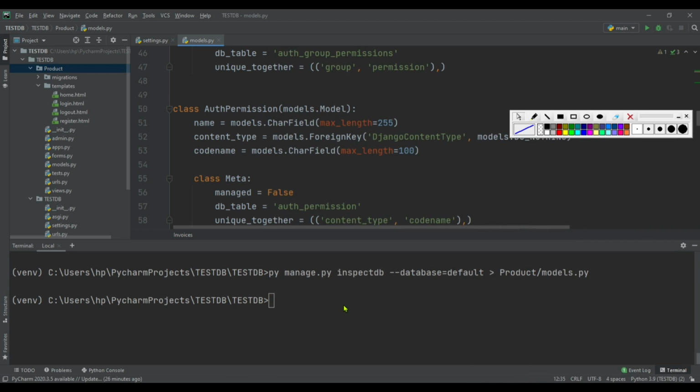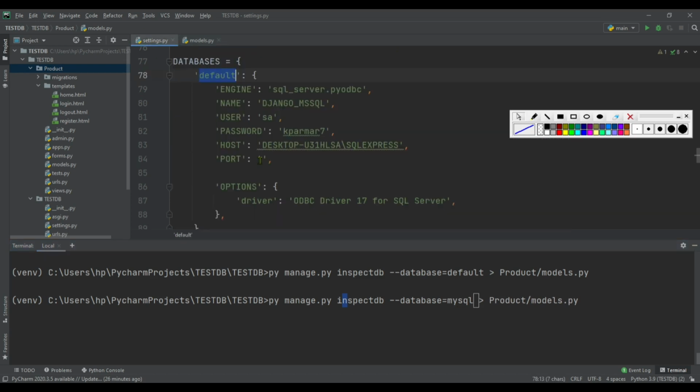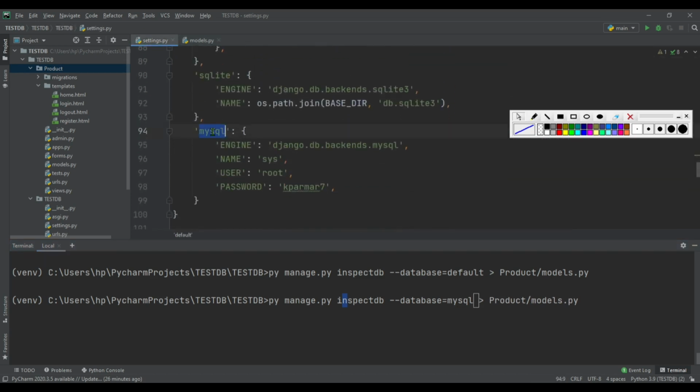So for this, type command py manage.py inspectdb --database. The db name which I have given inside settings.py for MySQL is MySQL. So we can check this is the key name I have given.